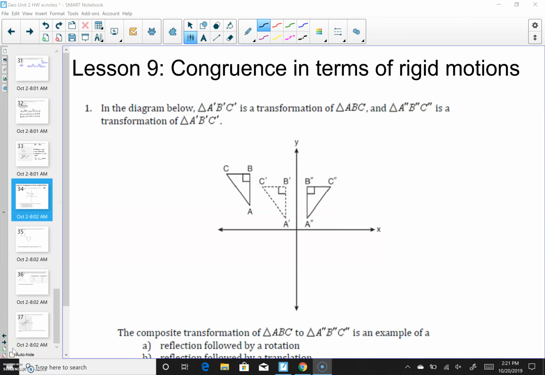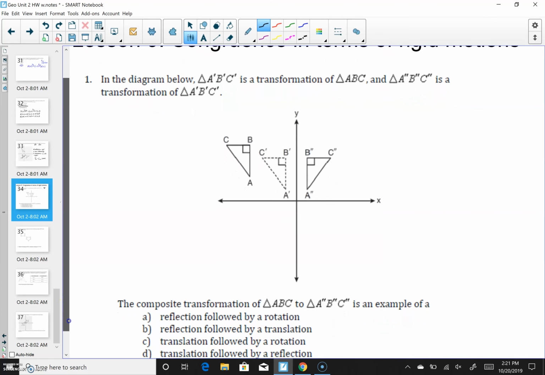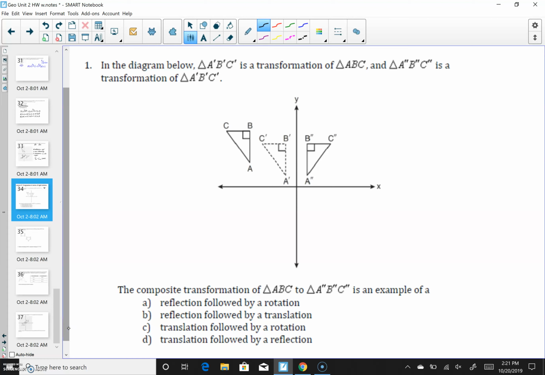For lesson 9, congruence in terms of rigid motions, we're going to further look at how our rigid motions, rotations, reflections, and translations result in congruent triangles, shapes, whatever we're talking about. In the diagram below, triangle A prime, B prime, C prime is a transformation of triangle ABC. And A double prime, B double prime, C double prime is a transformation of triangle A prime, B prime, C prime. The composite transformation, so remember, composite just means two or more transformations from ABC to our double prime triangle